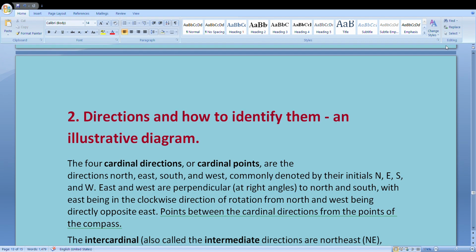Whenever we explain the directions, please remember north is the most important direction, and whenever we make a map, we try to find out the north first, because once we know the north, we can easily mark all the other directions. So north, magnetic north, which is shown by the compass, is always towards the North Pole. Remember it. North Pole is 0 degree as well as 360 degree. You have learnt this in your chapter of longitudes and latitudes. North Pole is a point where you will find both the longitude 0 and 360.